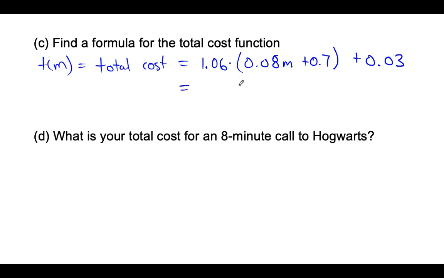So essentially what we're doing is we're putting in what the company charged, which was P,